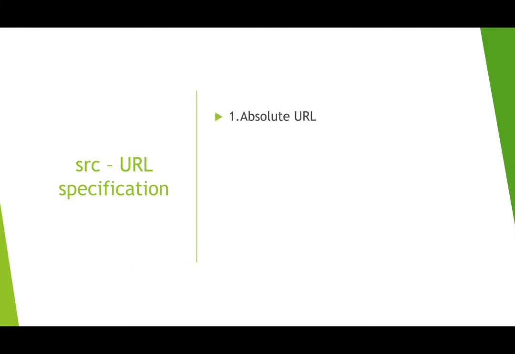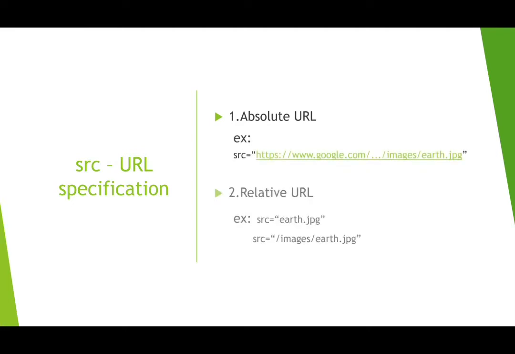Actually, there are two ways to specify the URL in the source attribute. One is absolute URL and the other one is relative URL. Absolute URL links to an external image that is hosted on another website. This is an example of an absolute URL. You have to note that external images might be under copyright. If you do not get permission to use it, you may be in violation of copyright laws. In addition, you cannot control external images. They can suddenly be removed or changed.